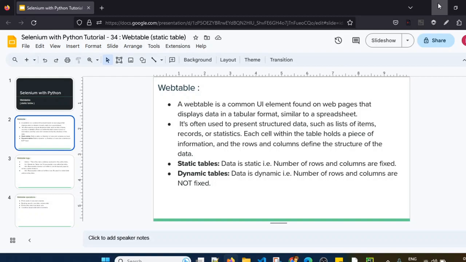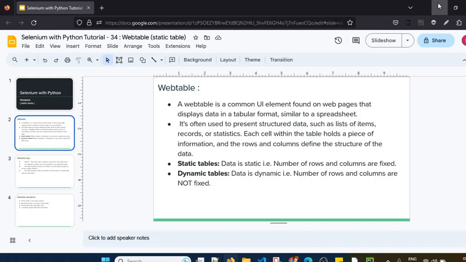a spreadsheet. So we know that in Excel we normally have rows, columns and cells, and data is presented in the tabular format. Similarly in HTML pages also, on web pages most of the times we see data is presented in a table format.